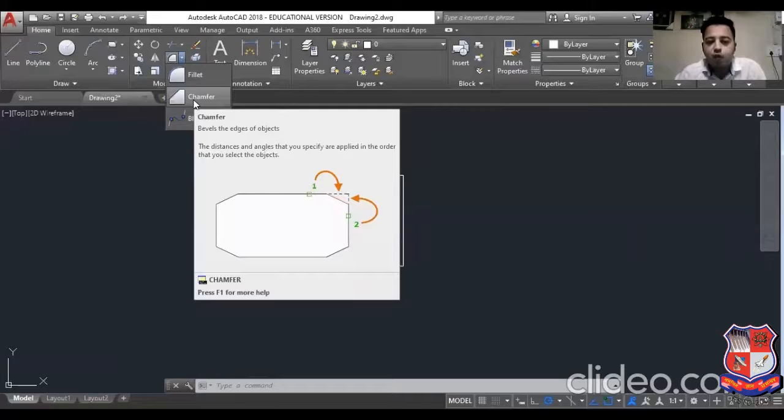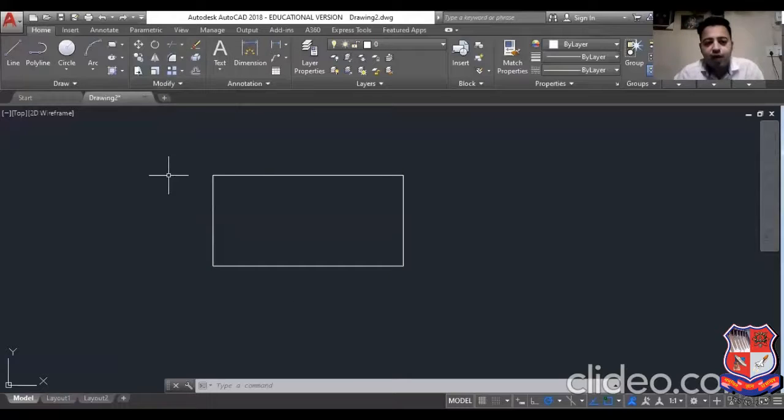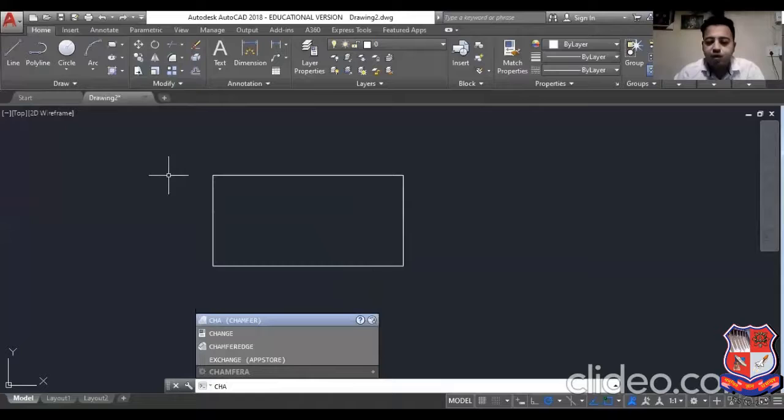Okay, if you want to cut the corner with the help of the distance, okay, or with the help of two distance, that is called a chamfer. Okay, or to create a bevel edge of the chamfer of the object. Okay, so click over here also, and you can take the shortcut as CHA. The shortcut for chamfer is CHA.